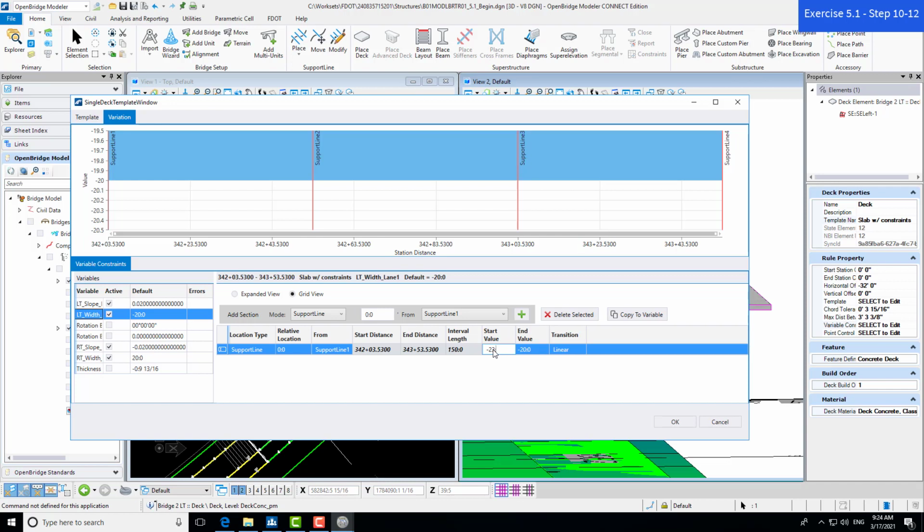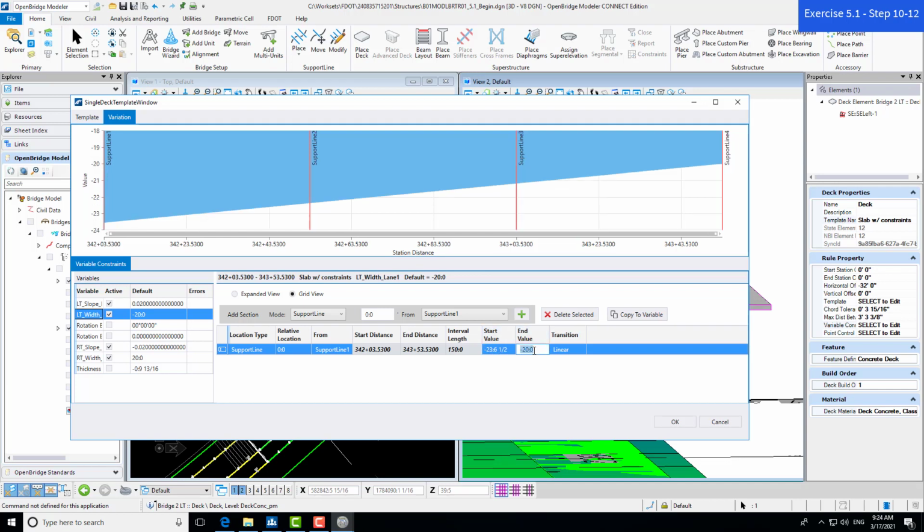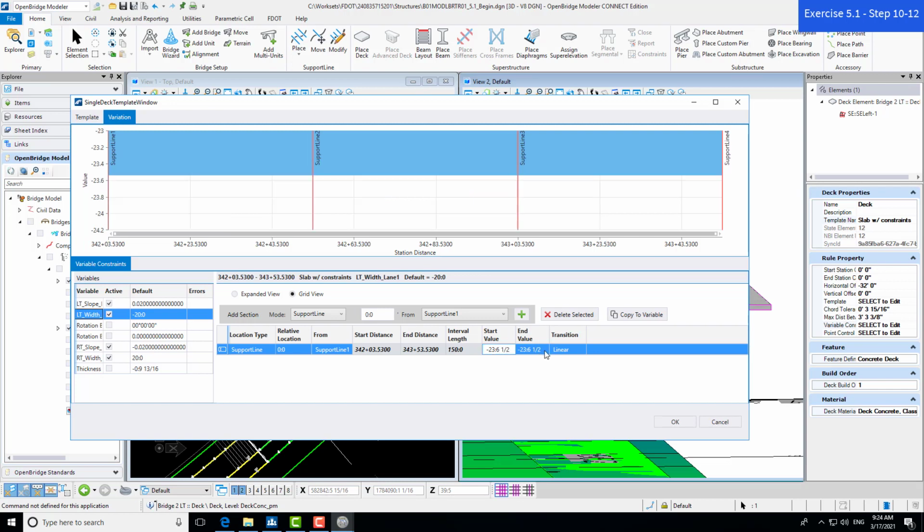Again, this is included in our training manual screenshots, so we can add that in. And also, if you need to pause the video at any time, you can do that and make sure you have time to enter that information in on your screen. So again, as we do that, we see we have our constant width at the correct width.